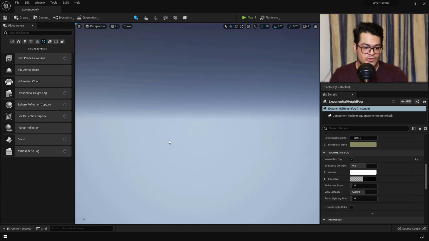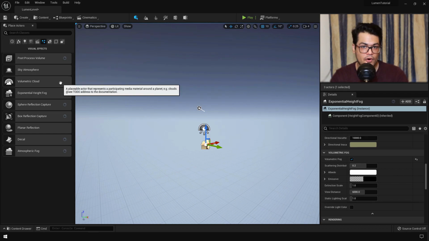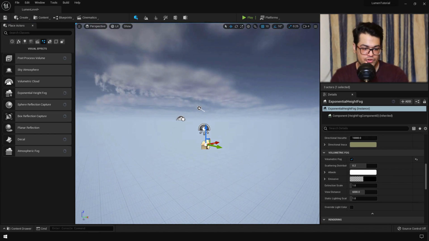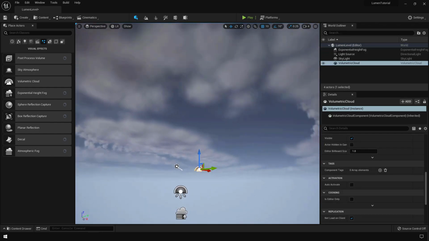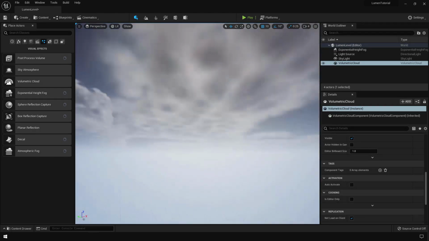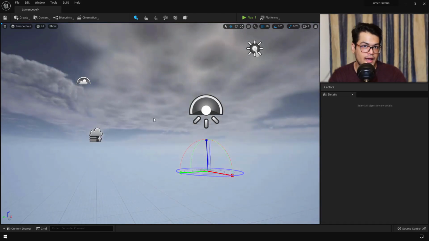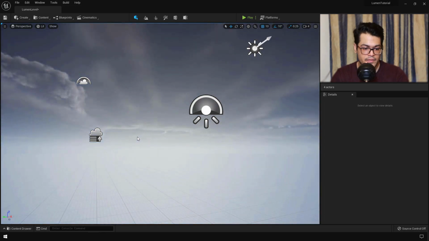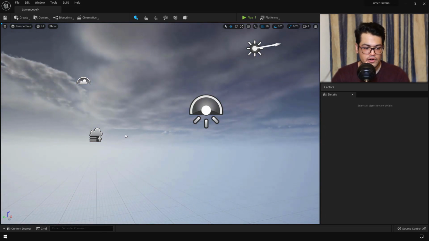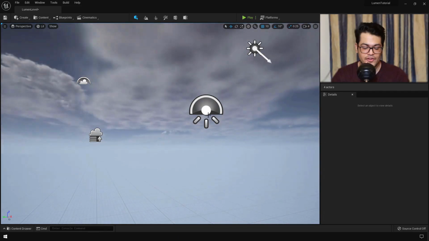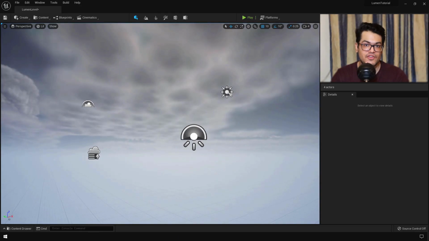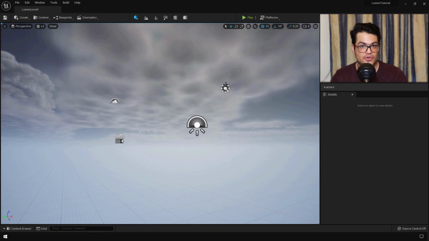A quick tip, you can also tap your G key and by that you can toggle on and off your gizmos. The G key is a handy shortcut for that. After the exponential fog, we are going to add some volumetric clouds. You can just press Ctrl L and if you move your mouse after that, you can rotate the sun. After that, we have to do some essential things in order to take advantage of Lumen.